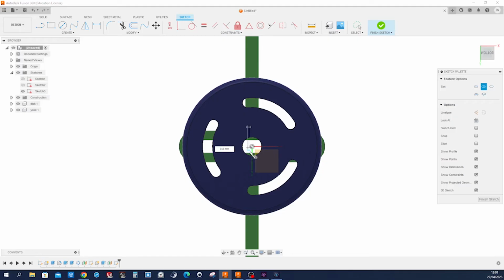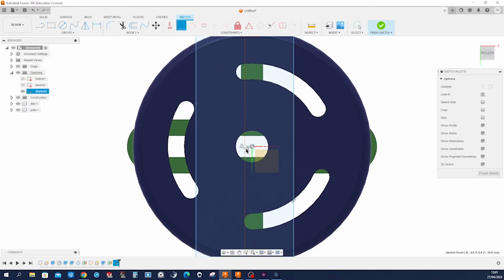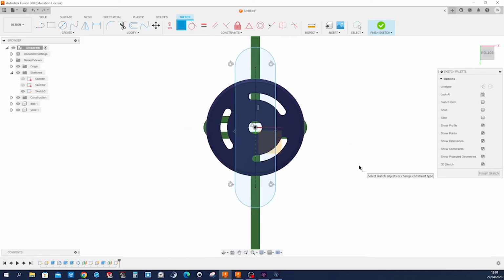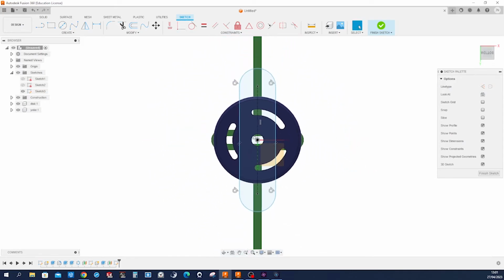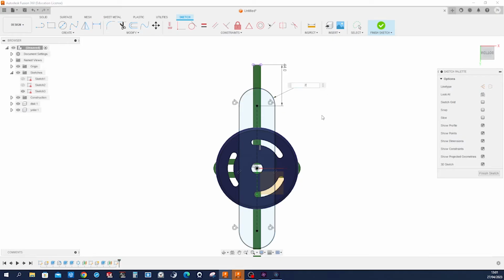And apply a constraint coincident with the origin. And distance of that center. Let's apply a dimension from that center to that edge of 44 millimeters and a radius of 28,